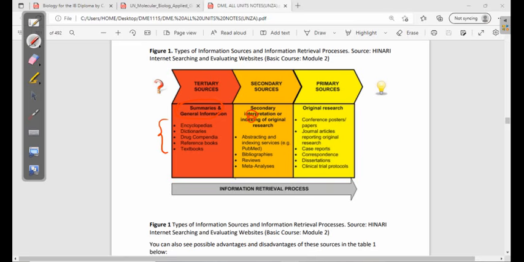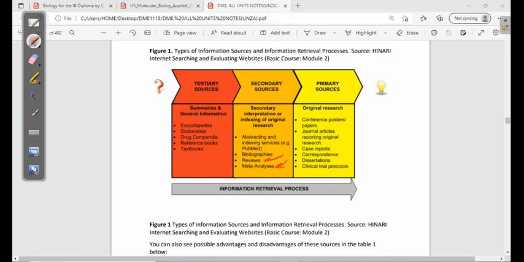An example that we can give is abstracting and indexing services. For example, PubMed. Okay, we can also talk of bibliographies, reviews, and meta-analysis. You're just trying to analyze the information which was discovered originally by a person. And this might not speak about just generally everything. It might just analyze a certain subject which was already discovered,